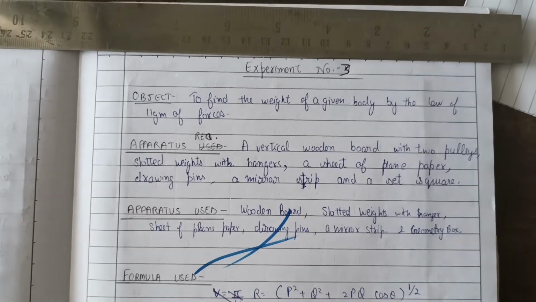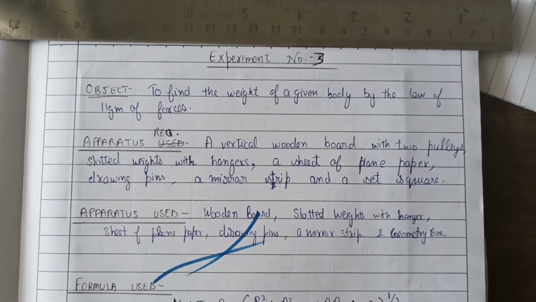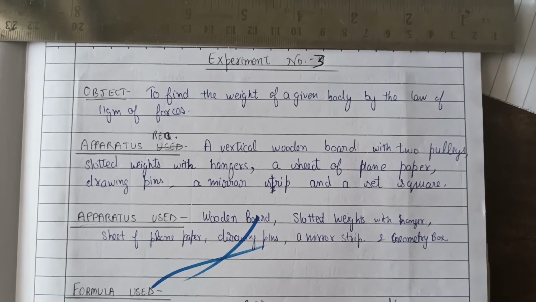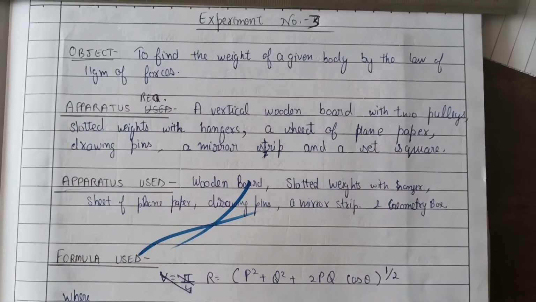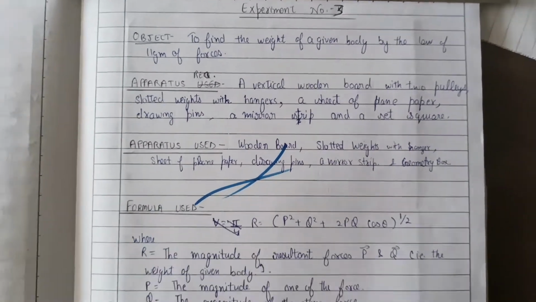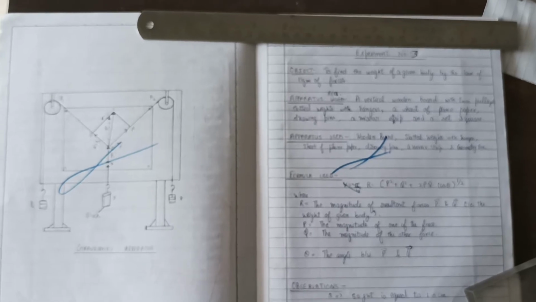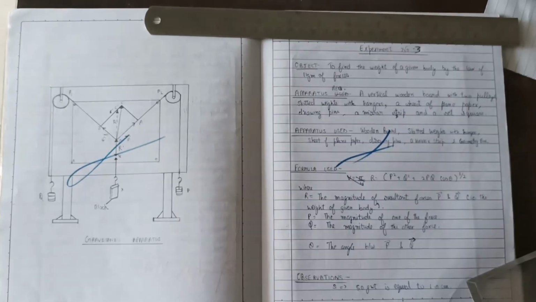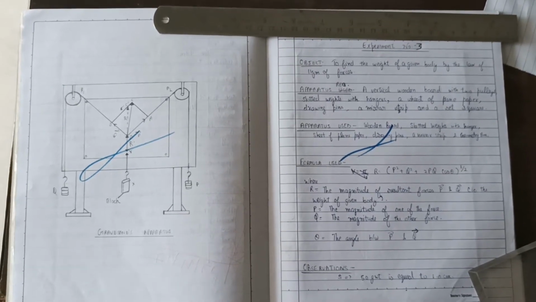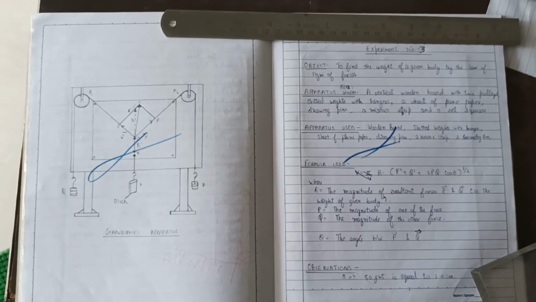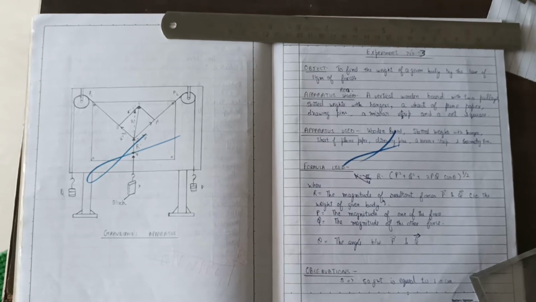As per curriculum, our objective for this experiment is to find the weight of a given body by the parallelogram law of forces. The apparatus required, as I showed you, is also given here, but for the exact names of the apparatus required, you should go through any CBSE lab manual, latest edition. Some of you have asked me personally about that, so you should keep at least one lab manual, in which much information in addition to this video will be available to support your learning.